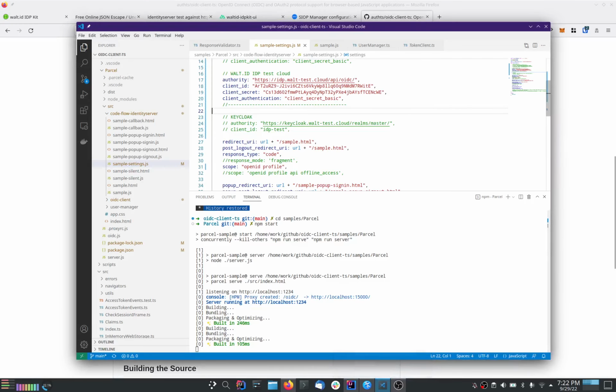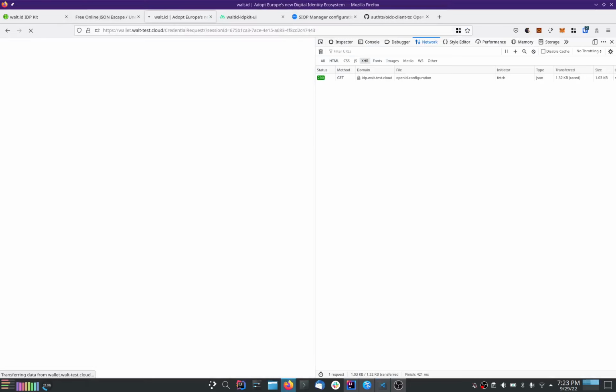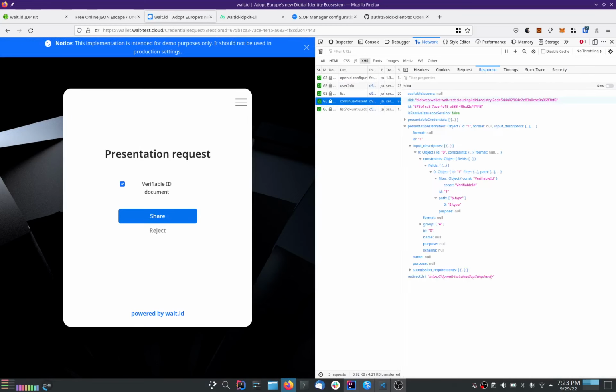Now, to showcase how this sample application works, I have configured this application to connect to the IDP kit on our test deployment, and it will query for the scope, OpenID, and profile. And so in this case, it will just get redirected by our IDP kit to the identity wallet,